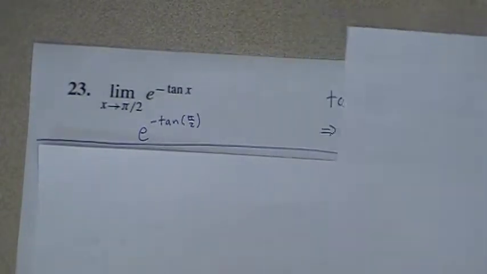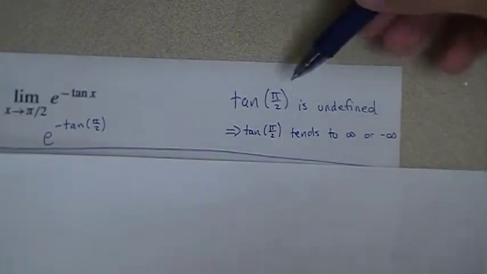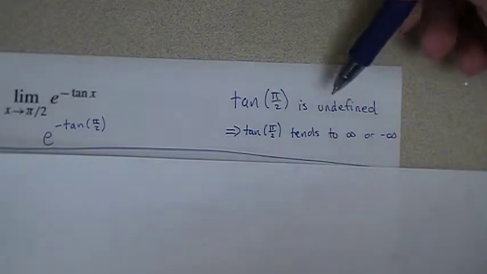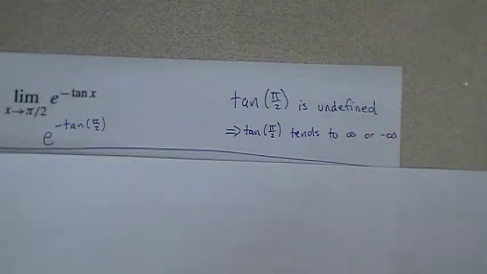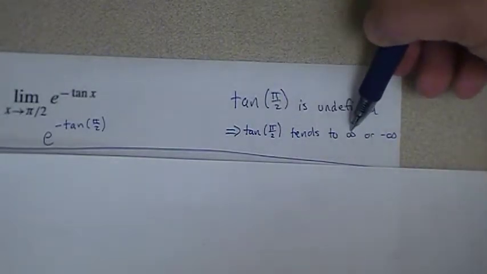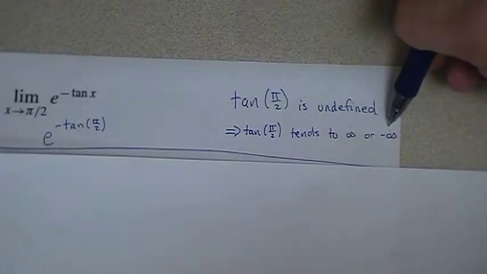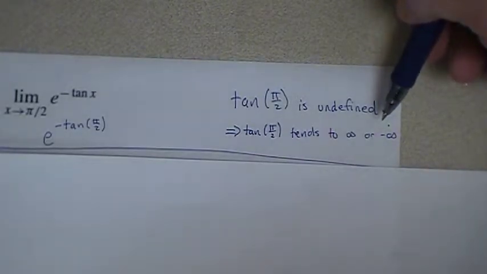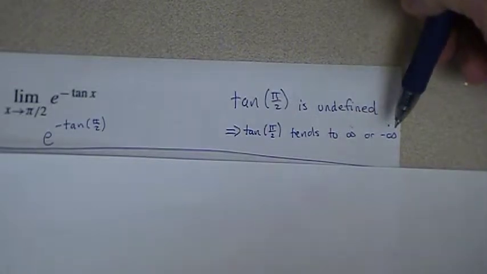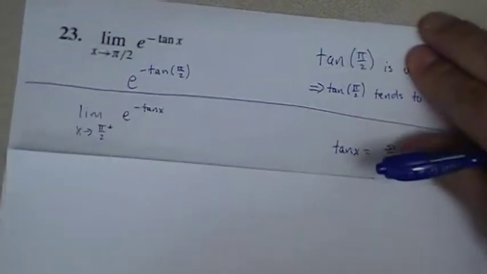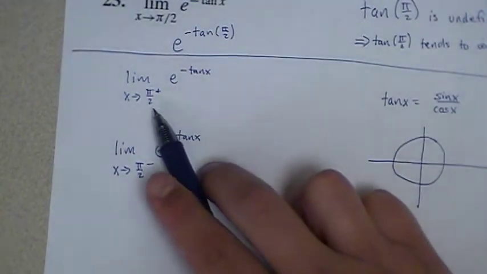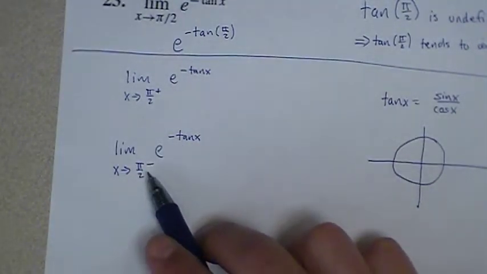If you think about tangent of pi over 2, you might remember on the graph of tangent of x, it has an asymptote there. Tangent of pi over 2 is undefined, and as with expressions that have been undefined for you in the past, it's because it's going to tend to either infinity or negative infinity. What we've discovered in this section is we can determine if it's infinity or negative infinity by considering one-sided limits. So I broke this up into two one-sided limits here. I'm going to check the limit as I approach pi by 2 from the bigger side, and the limit as I approach pi by 2 from the smaller side.